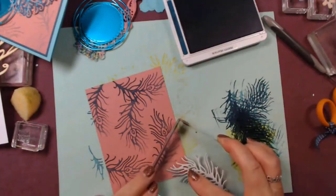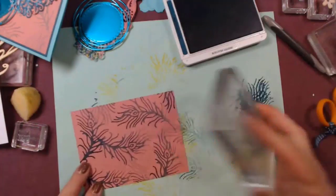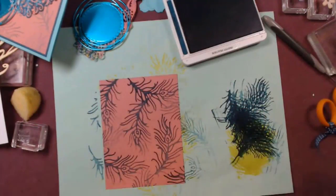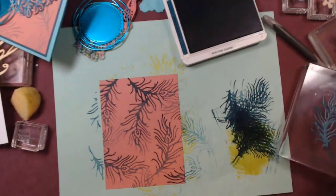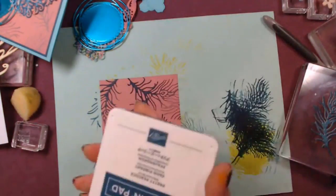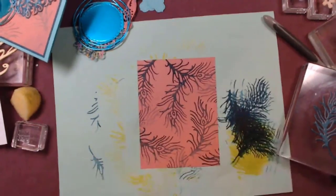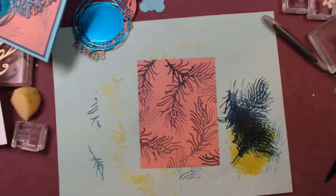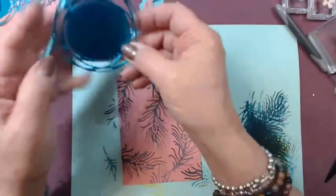Oh, almost got me. Okay. The ink kind of stays in there. Now, I don't know how long you can continue to use these, but it's so cheap that you could try to save it, put a little piece of plastic or something and throw it in with your dies or in with your stamps. But I would think it would be just as easy to cut another one the next time. So then to assemble this,